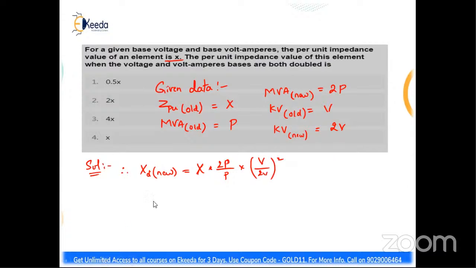That is X new is equal to X, that is nothing but ZPU old, right? Or else I will write the formula. ZPU new is equal to ZPU old into MVA new divided by MVA old into